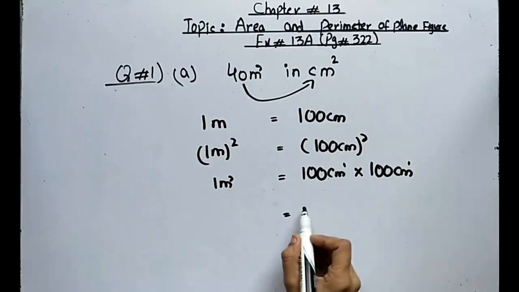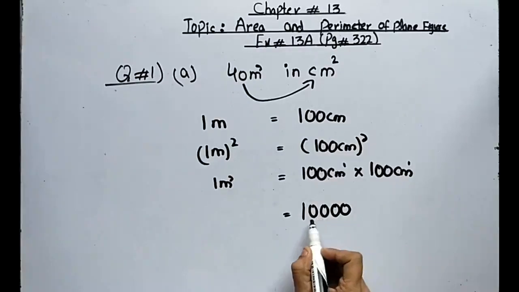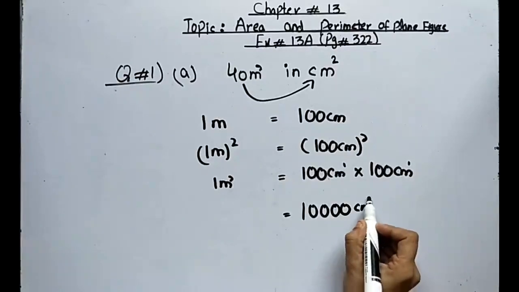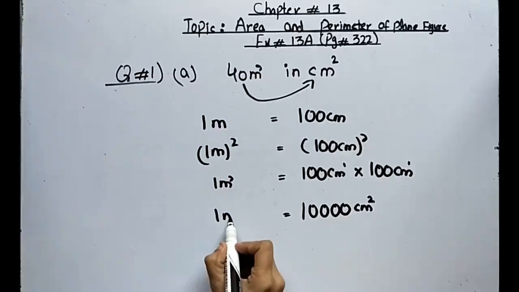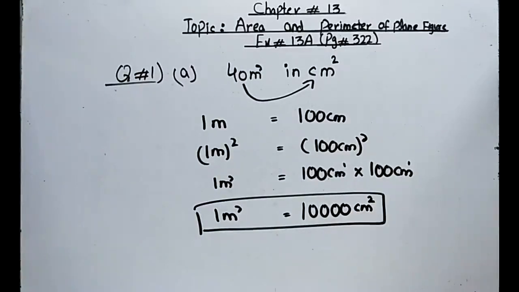Now 100 multiply 100 is 10,000 centimeter square. So 1 meter square is equal to 10,000 centimeter square. Then 40 meter square will become how many centimeters? So 40 will multiply both sides. 40 multiply 1 is 40 meter square, and 40 multiply 10,000 centimeter square. So it will become